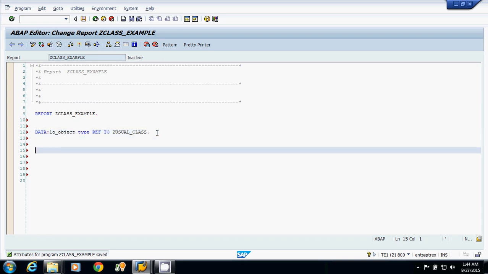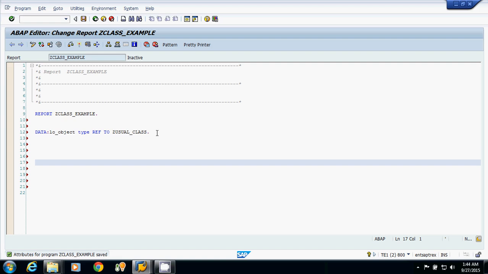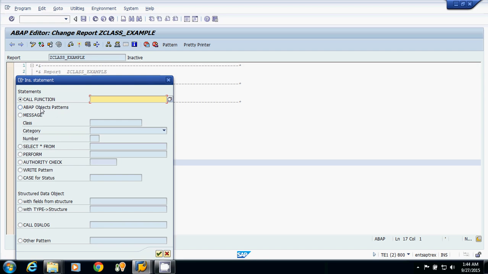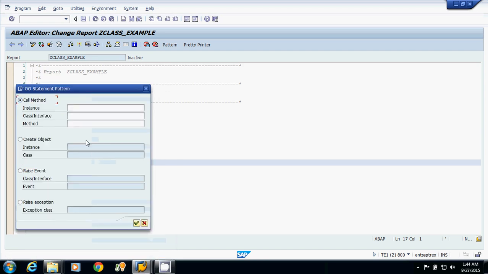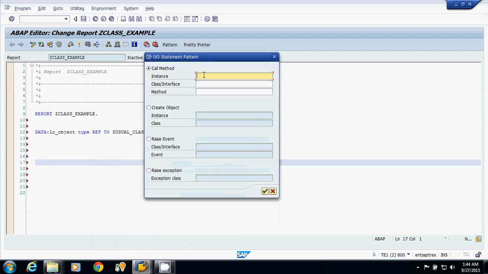Now I will call this method. I will go to the Pattern tab and choose ABAP Object Patterns. I will press enter. Now I have to pass the name of the instance. Instance means my object name, which is LO underscore object.